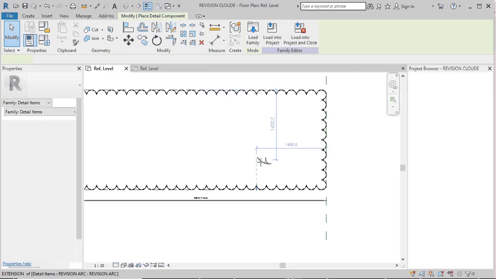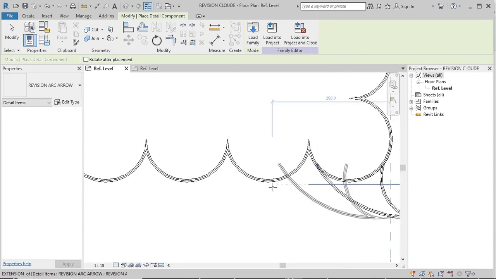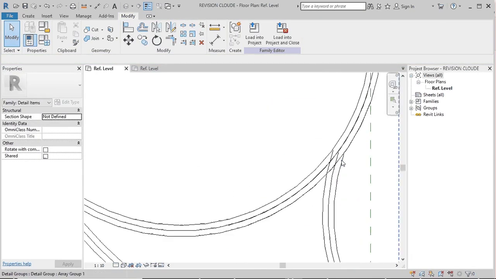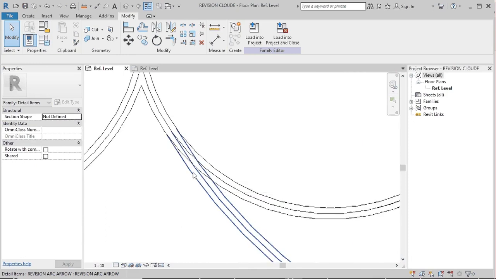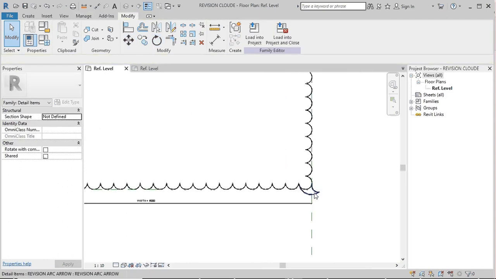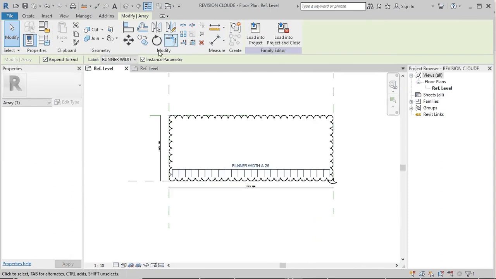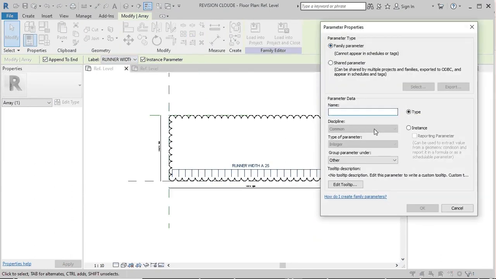Load into project, and place the arc in the area you need. See, I place it here. I want to open one arc on the last side. I again click runner width A, add parameter. I want to give another name, width C, because I want to remove one arc there.